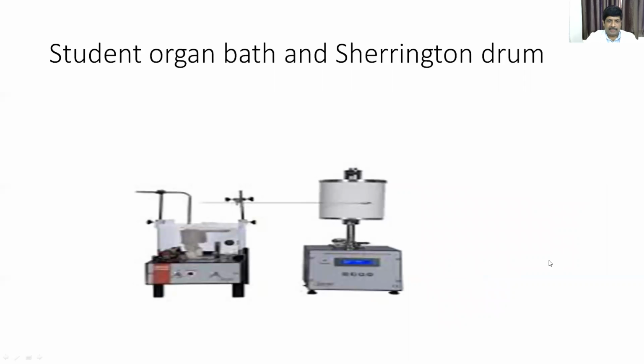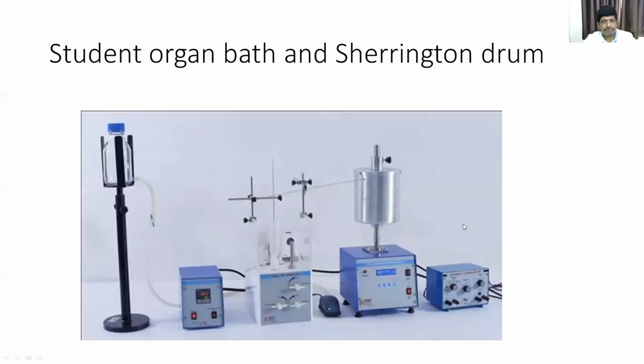So this is the typical thing, the rotating drum which is attached with the kymograph paper, and then the lever is there, and the other portions are there. Okay. The same thing. The kymograph, Sherrington rotating drum is there. This is the controller. This is the organ bath. This is the physiological salt solution. This you need not consider here.